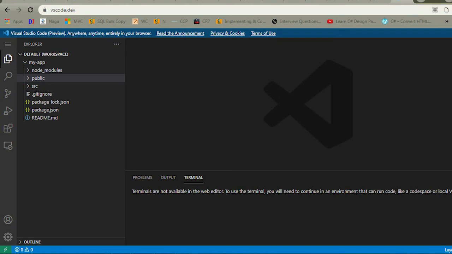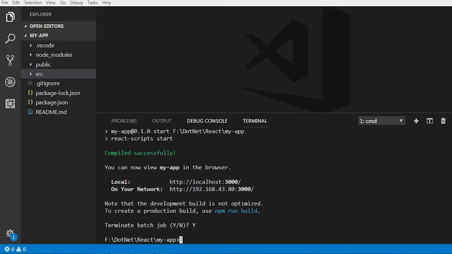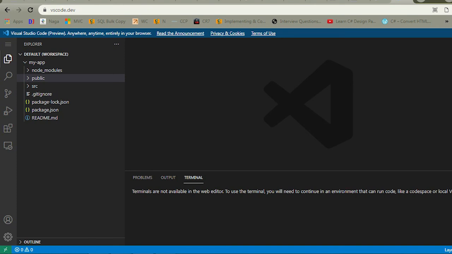It's not just a React application. You cannot run any kind of other applications either, which means you cannot run an Angular application, a React application, or whatever application. You simply cannot run it. To run the terminal and this application, you need either a code space or the local VS Code. Actually this is my local VS Code, and here you can see this terminal window is active. So from here I can run my code,